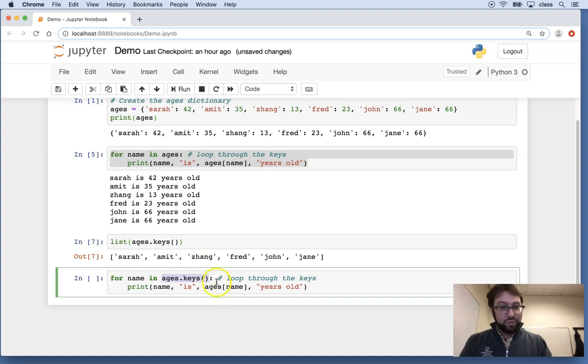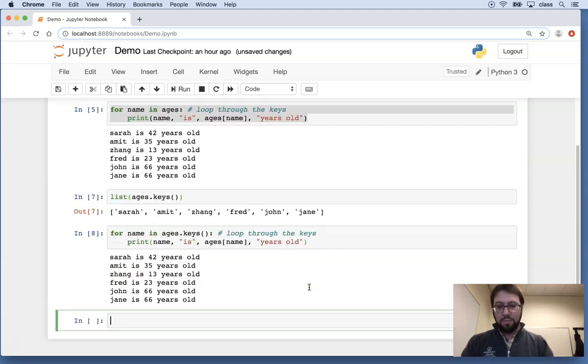So this is what Python's doing underneath the hood, but we can basically do the exact same kind of work, saying let's go through each name in my keys and then print out that name and access the value to figure out how old they are. And if we do this work, then once again, we get my list of ages so we know how old